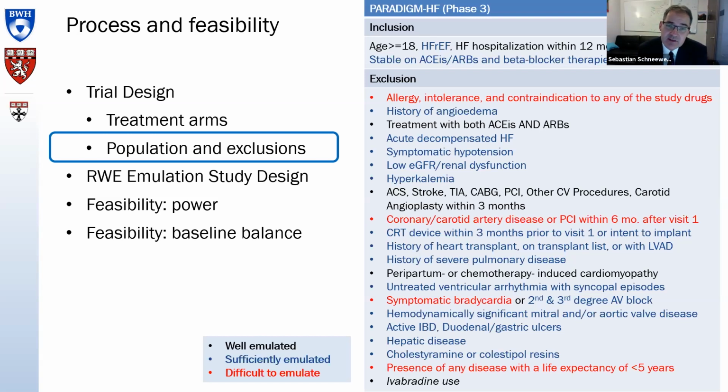In the red criteria, we thought it's really difficult to emulate. A little nugget here: a frequent exclusion criterion in randomized trials, apparently, is that if you don't survive the next 6 months, you cannot participate in a randomized trial. I don't know how a trial investigator is operationalizing that, and it's even harder for us with claims data to come up with a prospective rule of who's going to die in the next 6 months and exclude them as of today. So there is difficulty here.